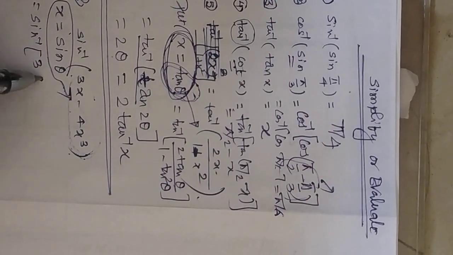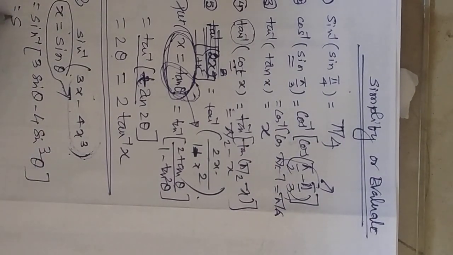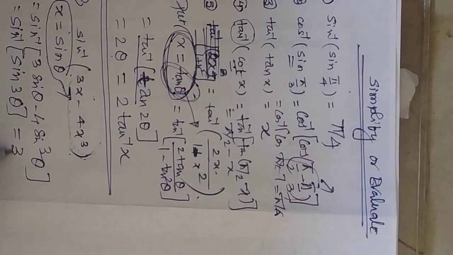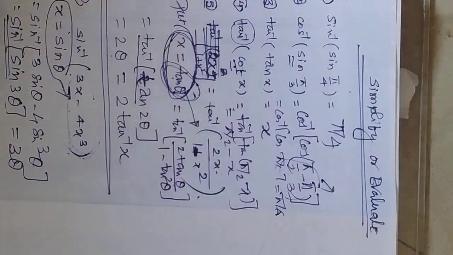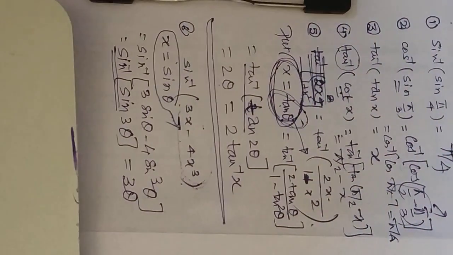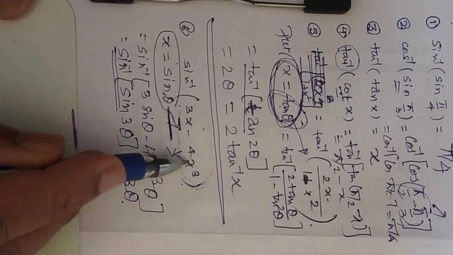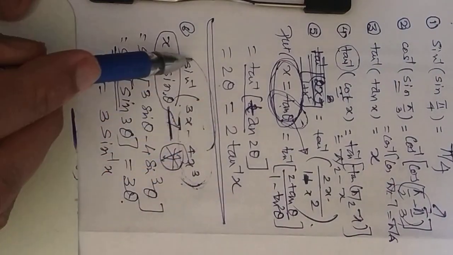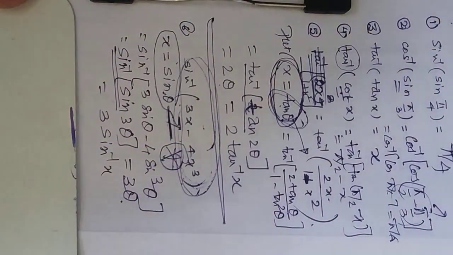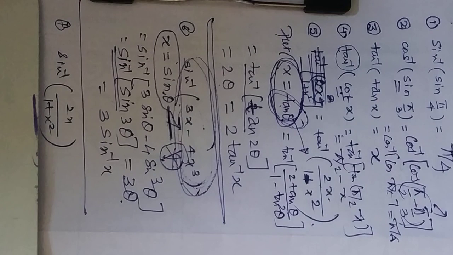Sine inverse 3 sine theta minus 4 sine cube theta. It will be nothing but sine inverse of, this is nothing but sine of 3 theta. And if you simplify, you will get 3 theta. Intention is this to get same. Again, not to keep your answer in terms of theta, you should simplify further. Theta will come from this expression. Whatever the replacement is there, so 3 will be 3, it will be sine inverse of x. So the meaning of this expression is nothing but 3 sine inverse x. Next question.